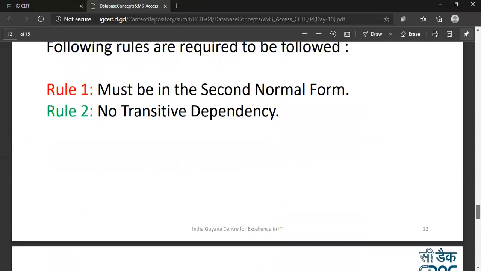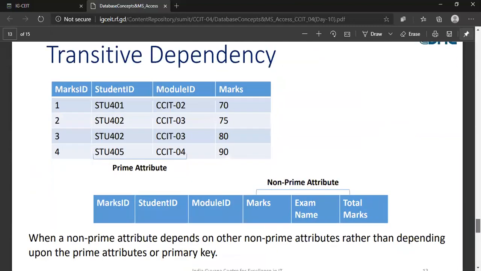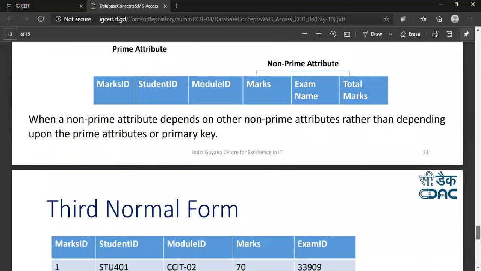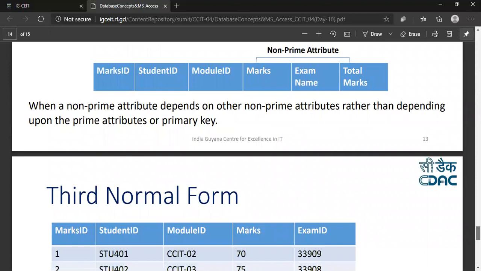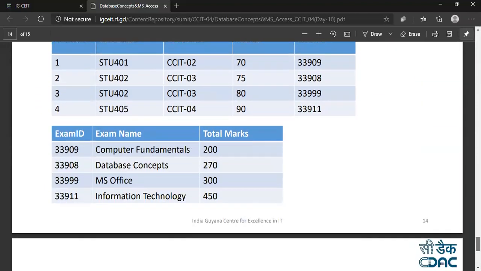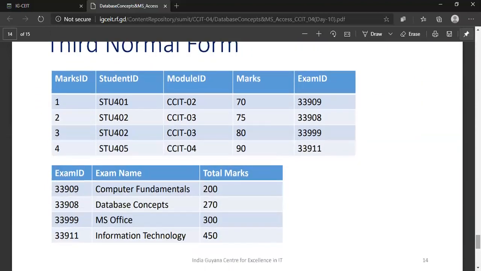It says no transitive dependency, when non-prime attributes are dependent on non-prime attributes. So here you see no non-prime attribute is dependent on any other non-prime attribute. They are dependent on the prime attributes only.